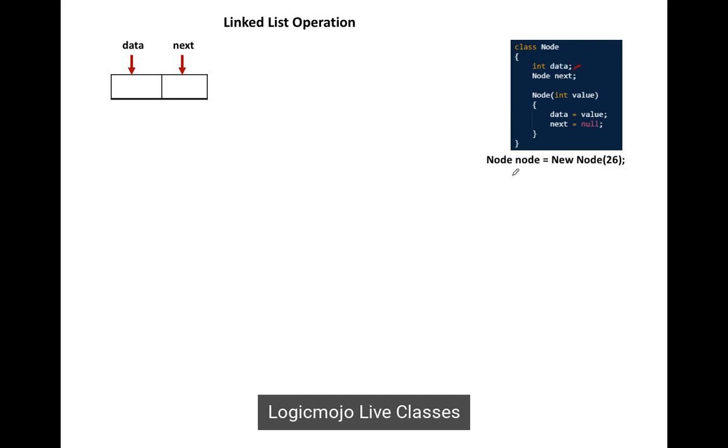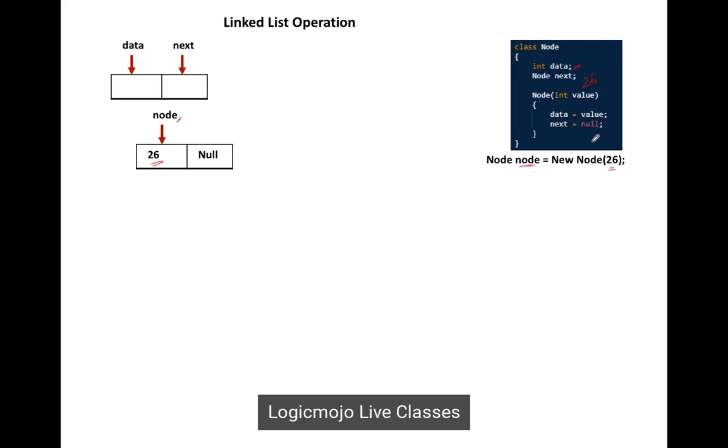Like for example, let's say we execute this instruction: node, that is the instance of this class Node, equal to new Node, and we are passing the value as 26. So basically this value will pass to the constructor of this class, and correspondingly we assign this value 26 to the data, and the value of next will be null. So what will happen? It will create a node where this instance will point to this node, and it is having data as 26, and next will be null